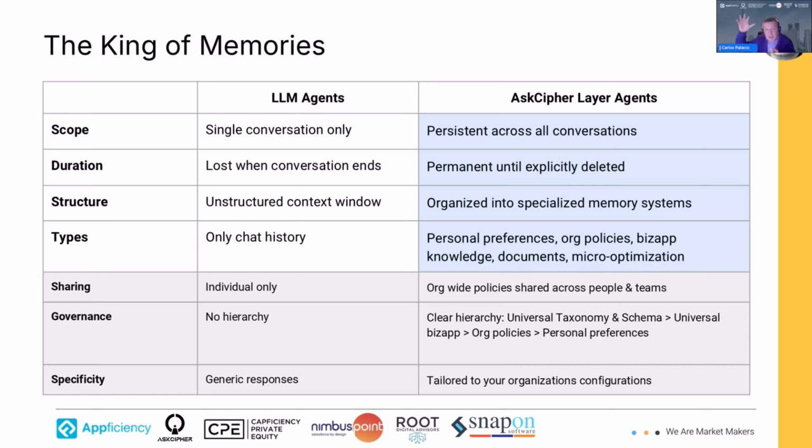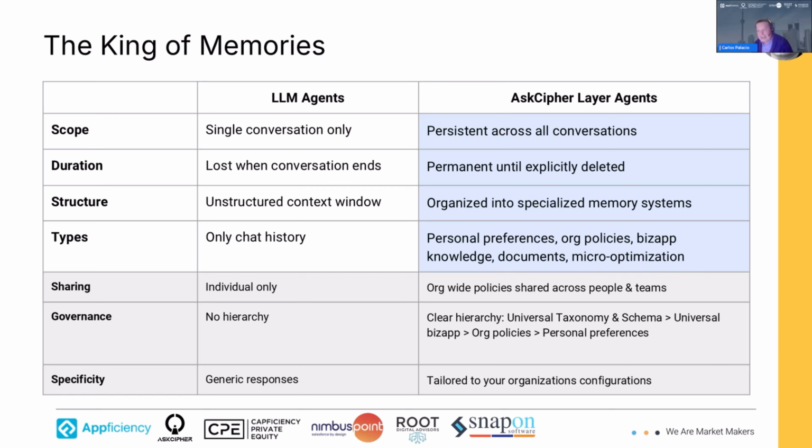So it's coming top down to the users. Then there is business application knowledge, the knowledge of how the organization and the business work with that application in particular, your documents, and micro optimizations, how we can be more efficient utilizing things.